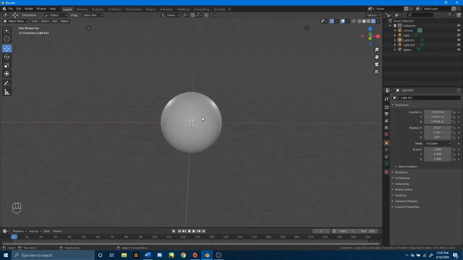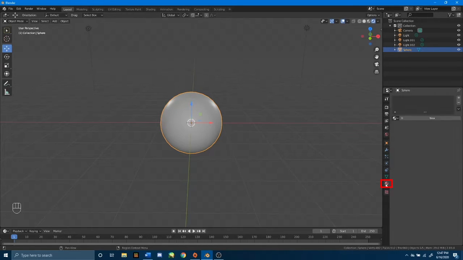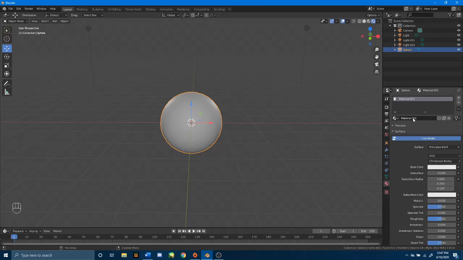Next, you're going to want to select your sphere. You're going to want to click this Material Properties tab over here. This is where you're going to be adding and tweaking any of your materials. With the object selected, press New right here, and it creates a material. It's the same as the material before because it is the default,